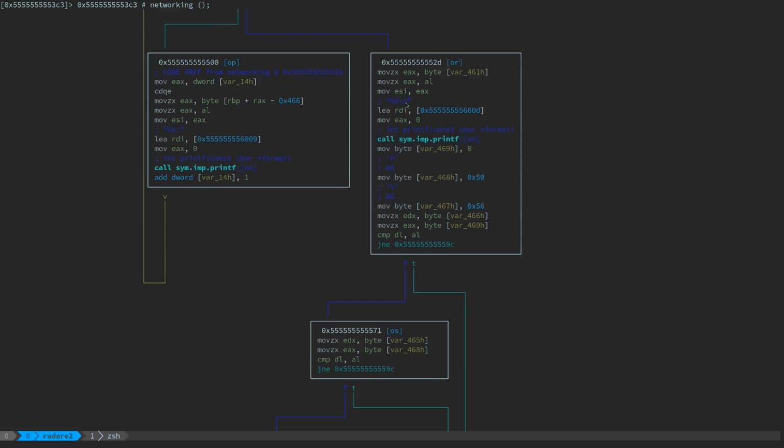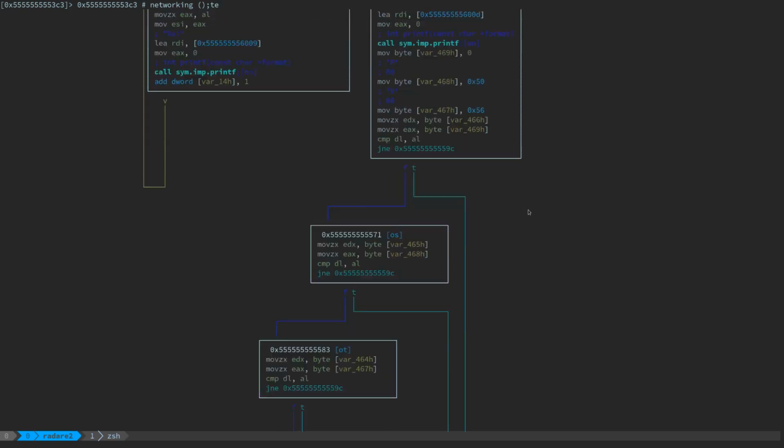We're also printing some kind of, oh, so this is probably printing out the various bytes inside the MAC address, and maybe printing the last byte after the end of the for loop. And then after we've printed that,